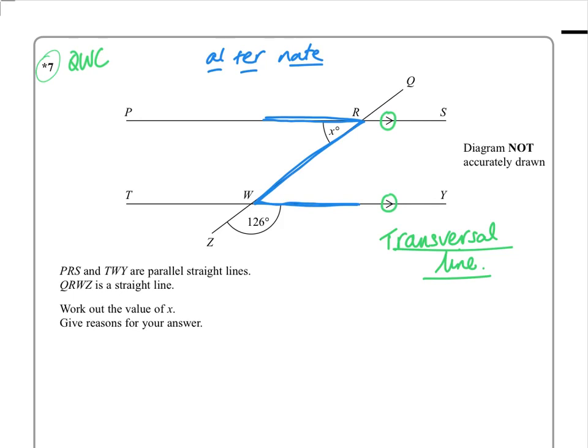You used to be able to call it Z angles, but you don't get marks for that anymore. They stopped that about 4 or 5 years ago. So what I would be saying here to start with is, I would be saying that this would be x degrees on my diagram, and so I would say angle